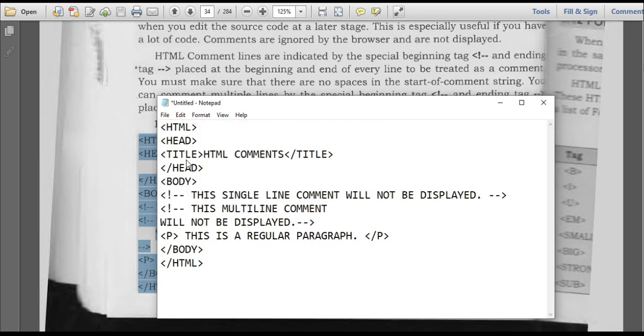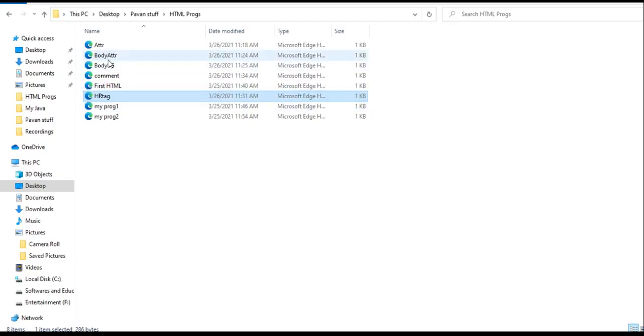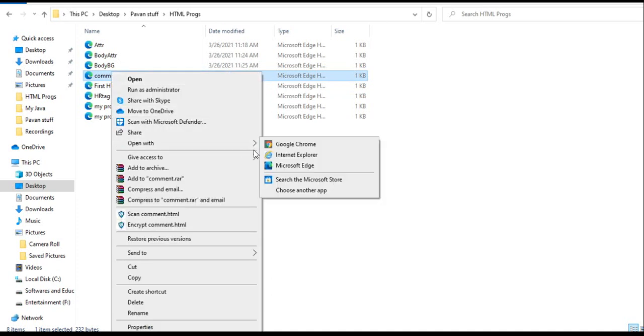File, save, comment.html, save, open the browser, comment, open with Chrome.